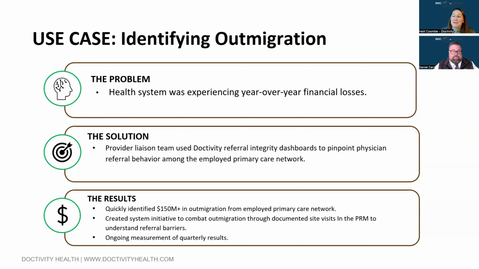Yeah. I'm laughing a little bit, Dan, because our CEO always says you've got to create your plan and then work the plan. And I think that applies so well to the liaison teams: you can't have a solid plan if you don't have the right tools, data, and resources to help outline what that plan is. So, having Doctivity, having the data, doing that pre-planning, being able to show the execution of the plan through the PRM, and then using the data to really measure the results is so important to the success. I gotta admit, the tools today are a bit of a cheat sheet.